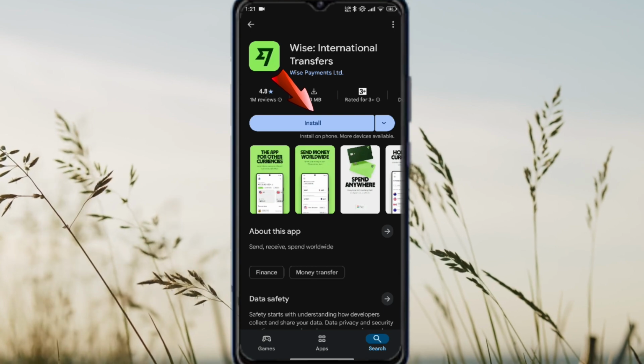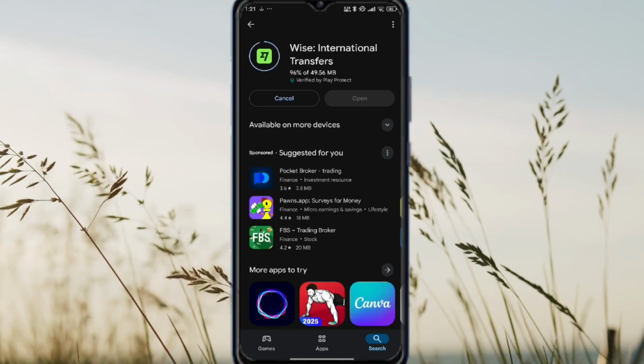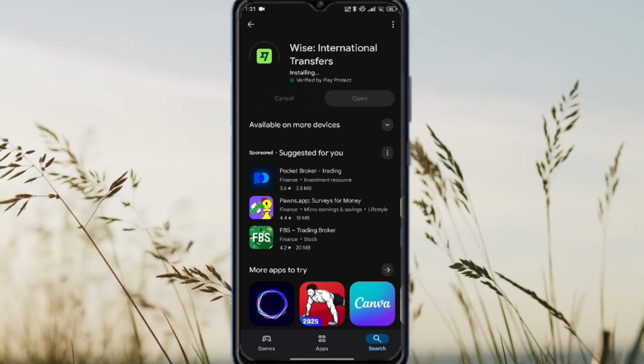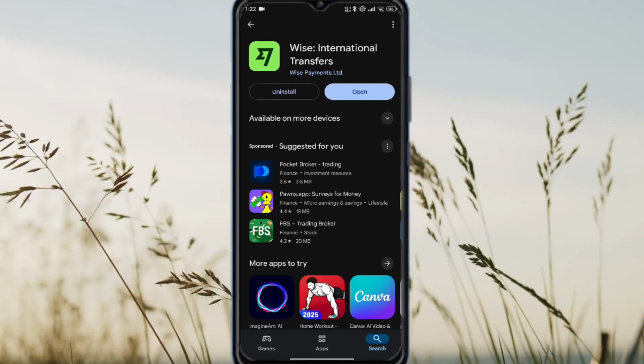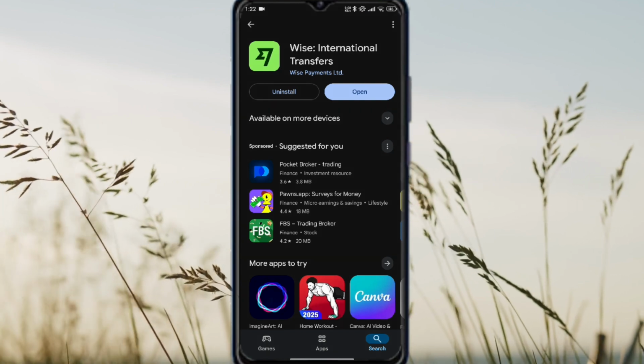Hit install and let it download. This should only take a few seconds depending on your internet speed. Once installed, tap open to launch the app. Now, if you already have a Wise account, you can log in or you can sign up if you don't